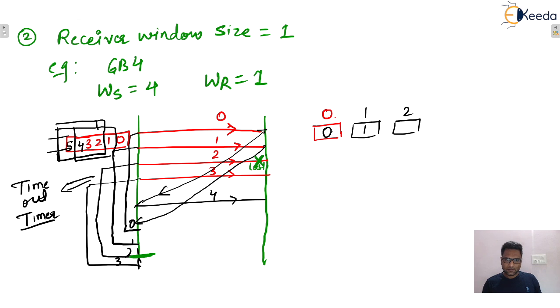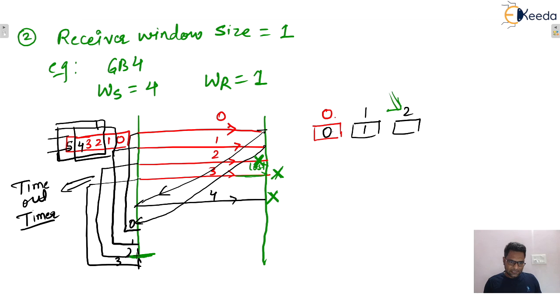Why? Because when the second packet is lost and the third packet arrives at the receiver end, it will be discarded, because the receiver is waiting for the second packet and we are receiving the third instead of two. Similarly, the fourth packet will also be discarded, because the receiver requires in-order packets, but 3 and 4 are out of order. So in this GBN, a receiver always receives in-order packets.